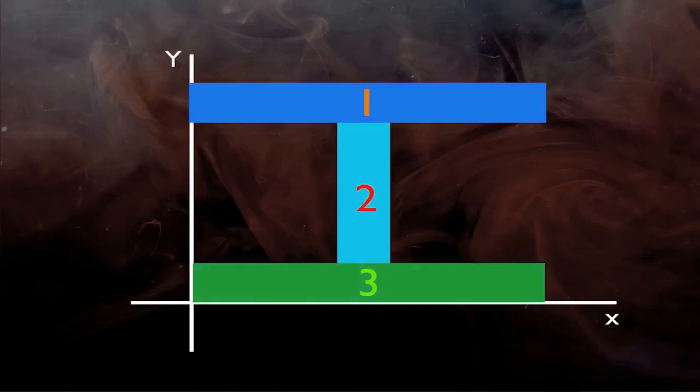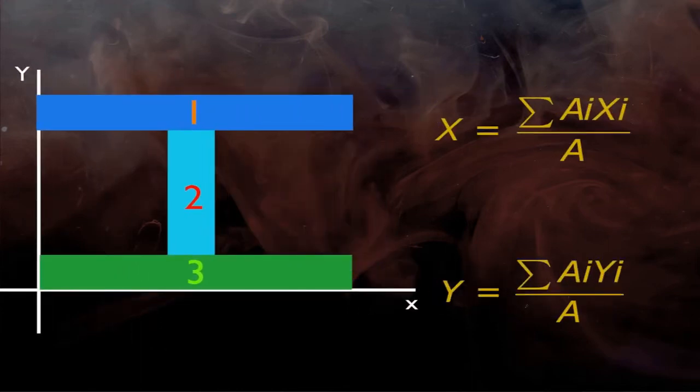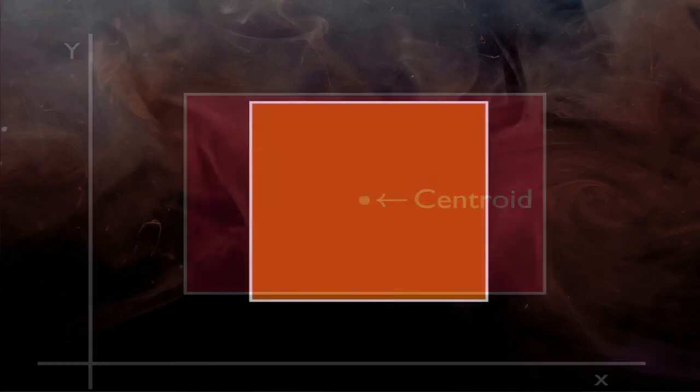Here, as we can consider each shape as a small element and as the number of divisions is less, the centroid can be easily calculated using summation. Apart from the equation, selection of the reference axis is also important. Although the change in location of the reference axis does not change the centroid location, its proper choice can simplify calculations.